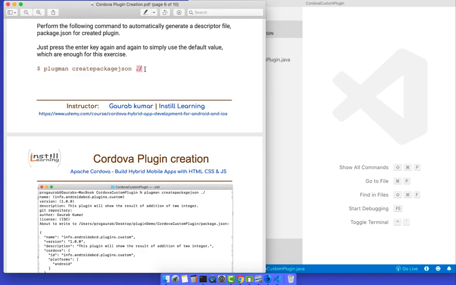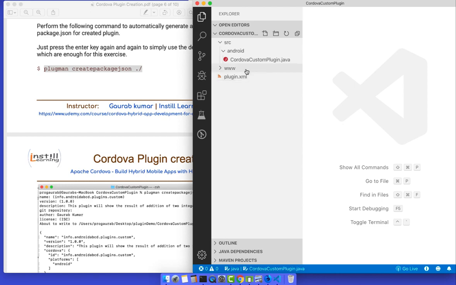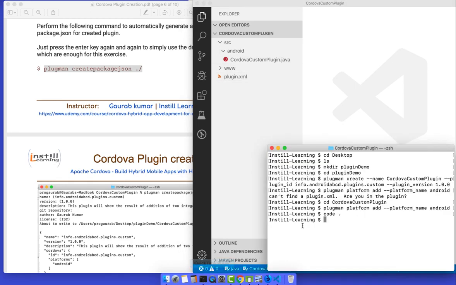I'm in the same command line, so you can write dot, which is the home directory of that plugin. There it will generate one package.json. I'll copy this and paste it here.